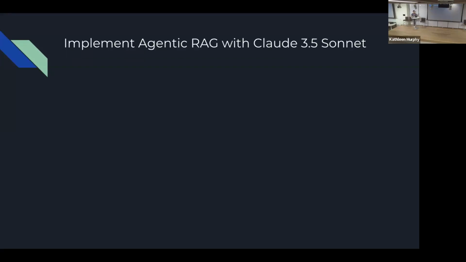And next, as everybody already knows what an agent is and what agentic RAG is, how can we implement one? So this is a demo that I did, which is a very simple one. Basically, it loads a list of Airbnb home listings.